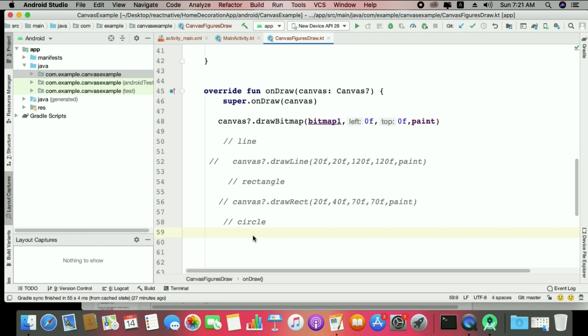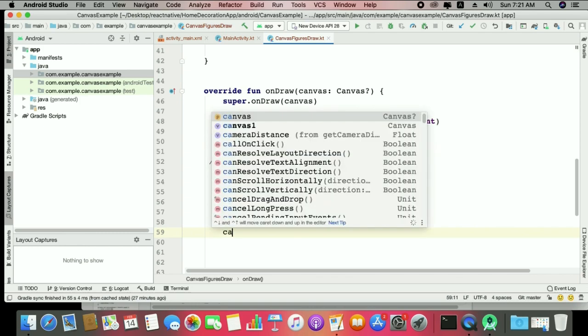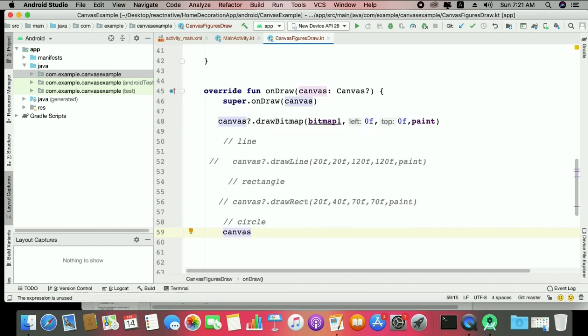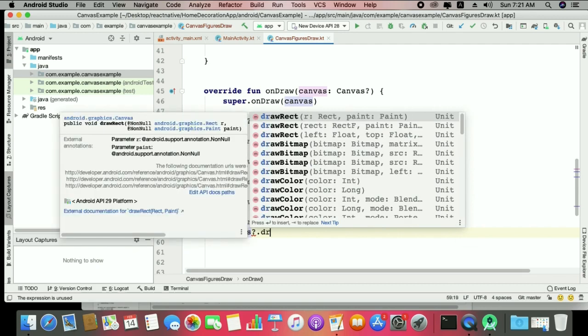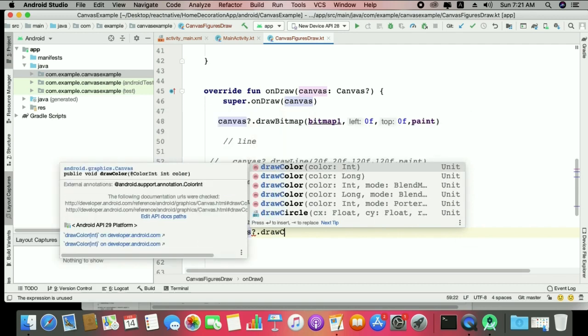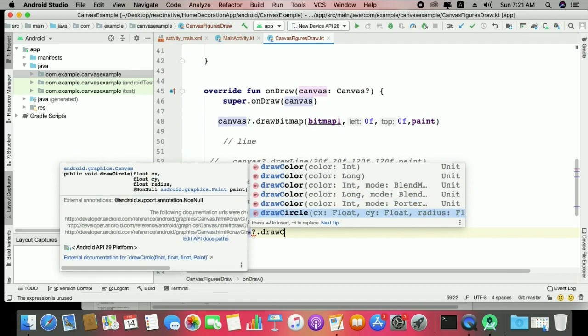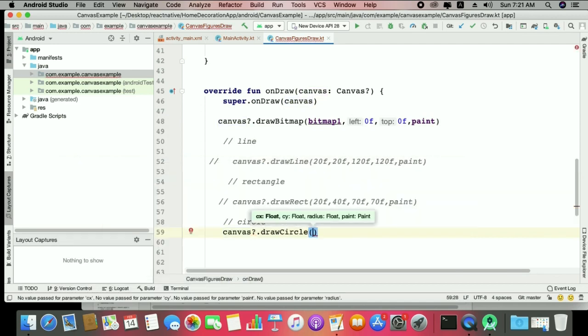So in my coming sessions I will use these figures in simple 2D game sessions, and show how we can use the bitmap. These are all basic things. First, let's see how we can draw with canvas.drawCircle. Here we have cx, that is the point, and the radius also. So the x and y point, if I say 60f,